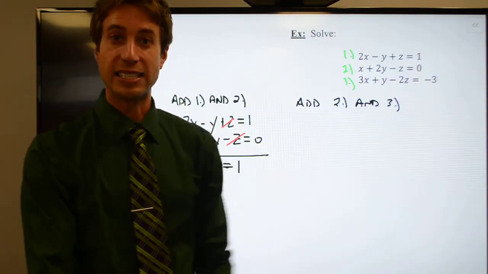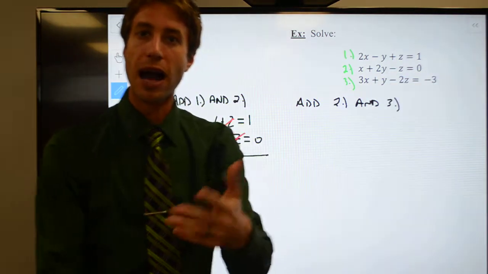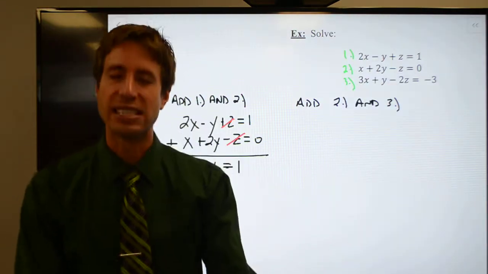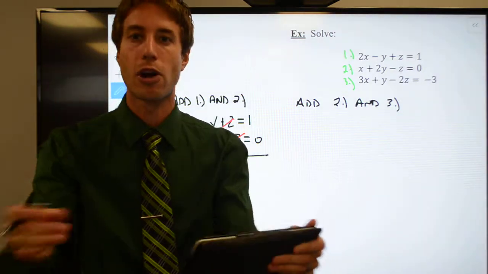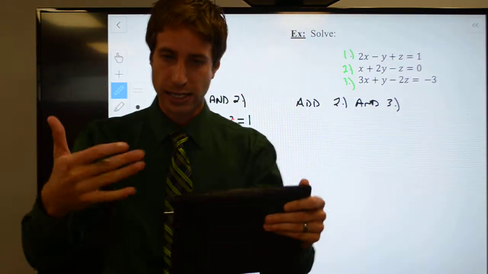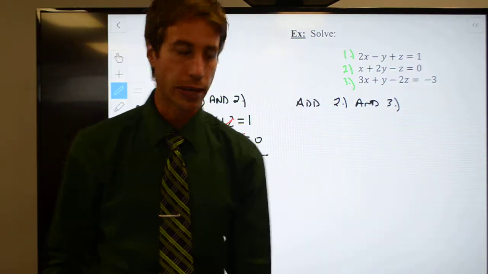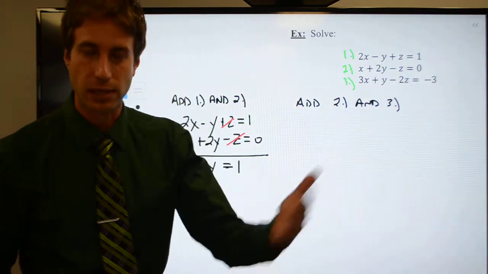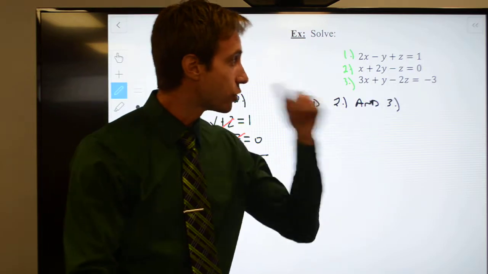When I do that addition, it's going to be much easier to add 0 to whatever as opposed to having to add 1 to whatever. Again, I know 1 is easy to do addition with, but guys, any little work smarter, not harder, any little thing you can do to keep yourself from making mistakes or make your life a little simpler, do it. So we're going to add 2 and 3 because that guy's equal to 0, and 0 is easy to do math with. But in order to make the z's drop out,